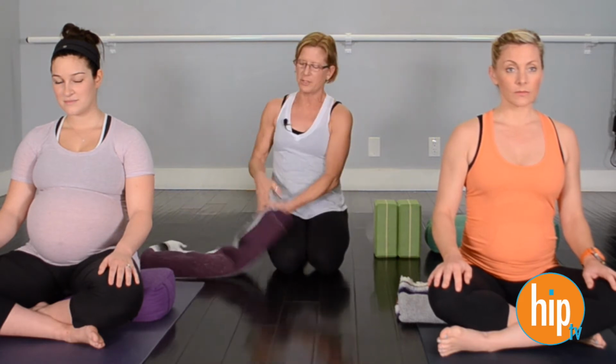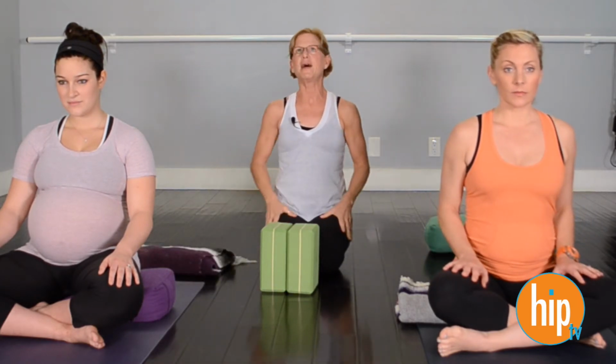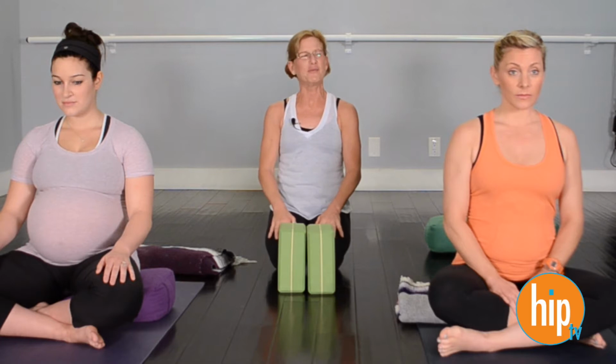We have some yoga props here. We have a couple yoga blankets and a couple yoga blocks and bolsters. At home, all you need to grab is a blanket off your bed or a pillow off the couch. Yoga blocks, if you got a telephone book, you could always substitute a telephone book for a yoga block, but you might not even need them. But if you have them around, you might have them close to your yoga mat, and we're going to get